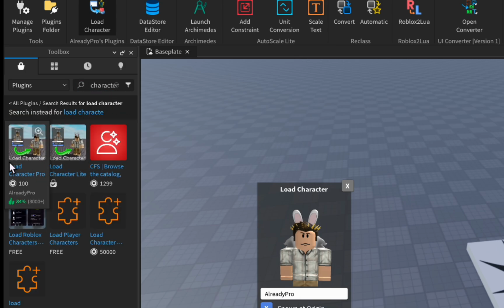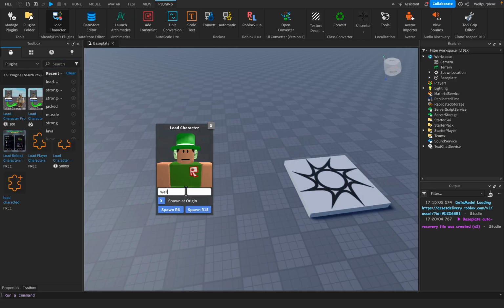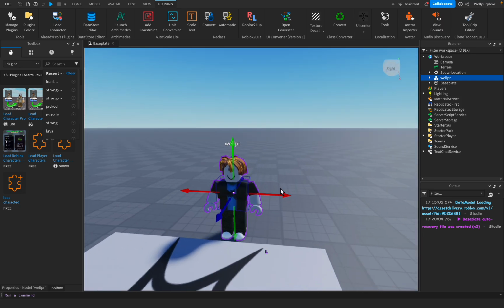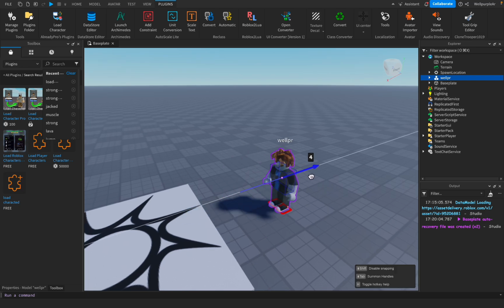You can get the free version or you can get the pro version, it doesn't really matter. I'm just going to search my name, or you can just search anybody's name, and there we go. And we're just going to put this guy right here, and when we walk up to this person, it's going to activate our dialogue system. So let's just rename this guy Bacon,